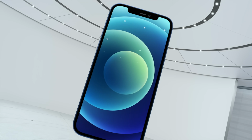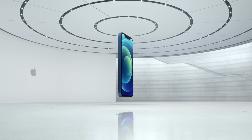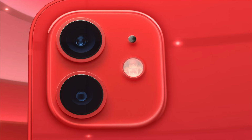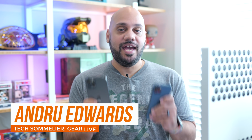New faster displays, new camera hardware, new camera software features, better night mode, and astrophotography, big storage improvements, smaller notch, larger batteries, faster chip, faster Wi-Fi, faster 5G, new colors, and more are all expected to come to the iPhone 13 and iPhone 13 Pro lineup. It's new iPhone season, so let's talk about all the major new features we should be seeing in the new phones,